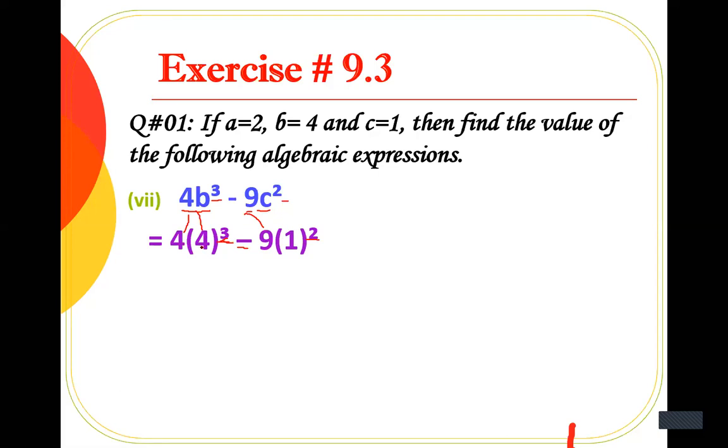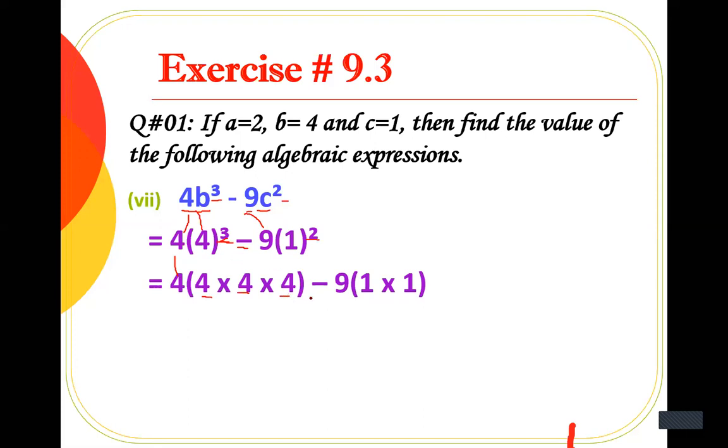How will you solve it? It means you have to multiply 4 by 3 times and 1 by 2 times. So simply you will write it in this form. Your 4 will remain the same. Do not write 4 multiplied by 4 is 16. Simply you will write 4 here, then you will open this bracket. You will write 4 multiplied by 4 multiplied by 4. Why 3 times? Because your exponent is 3 here.